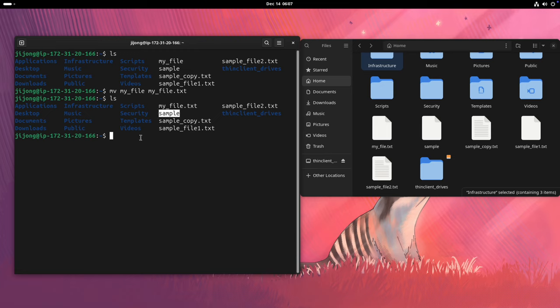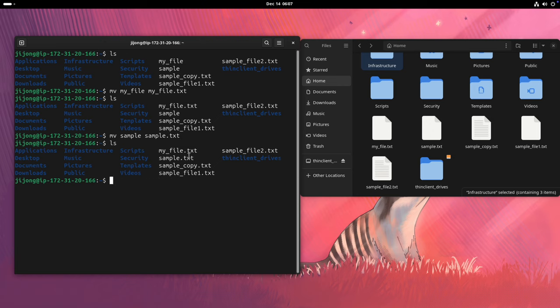And I want to rename sample, and I will simply do a move sample to sample.txt and I'll hit enter. Now if I do ls, you'll notice that it has been renamed, right? So that is the use of the move command. Now let's say I want to delete these files, right? So there is a command to delete files in Linux and it's called the remove command. So remove like this. So I'll do rm space and I'll specify the name of the file I want to